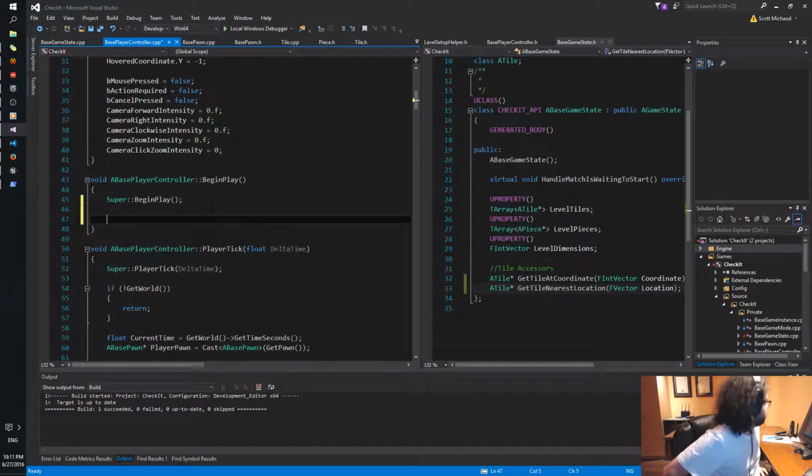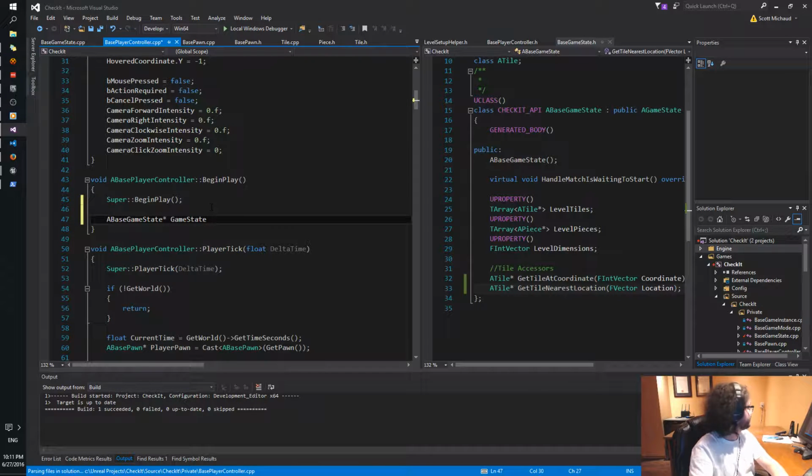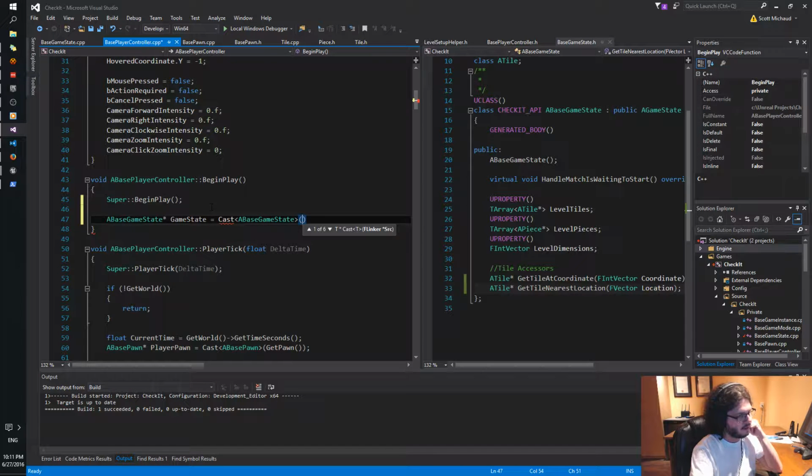Then we'll do a base game state equals cast to base game state. Really, what I should do is leave references to players on the game state as values on it, but I don't really want to deal with that in case.